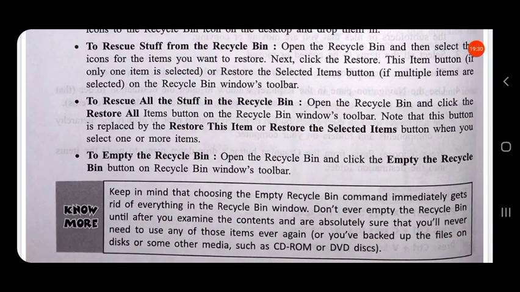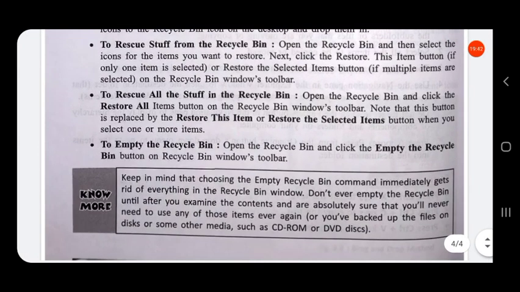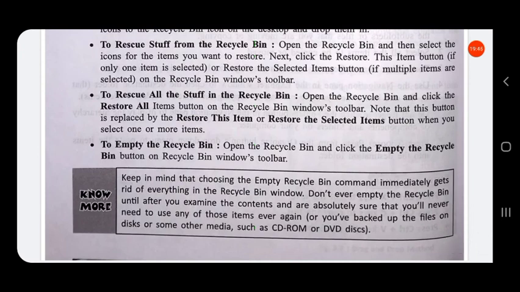Note that this button is replaced by the Restore this item or Restore the selected items button when you select one or more items.